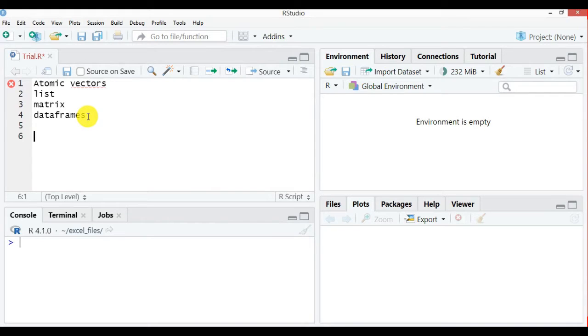Say, for example, I want to create a vector A. I want to store a few numbers in it, say 2, 3, 4, 7. These are the numbers I want to store in this vector A. So here, that c, that small lowercase c, keep that in mind. That means we are combining these numbers and saving it in A, or it can also be considered as concatenation. We are joining them together. This is how you save any vector.